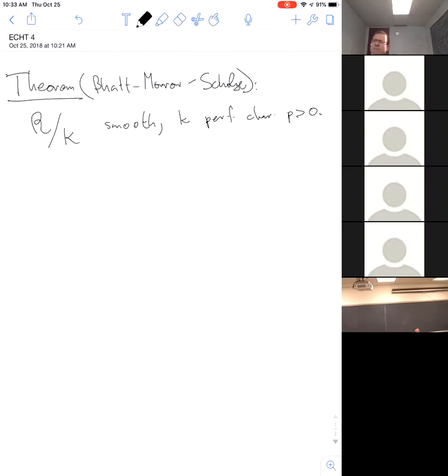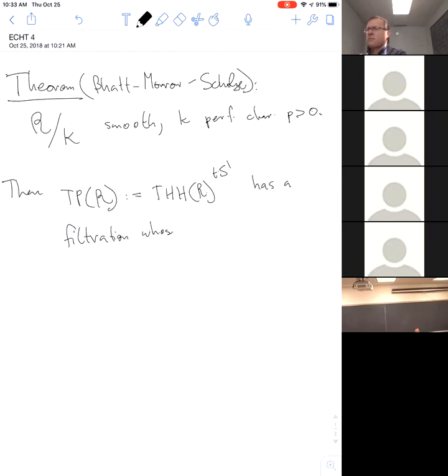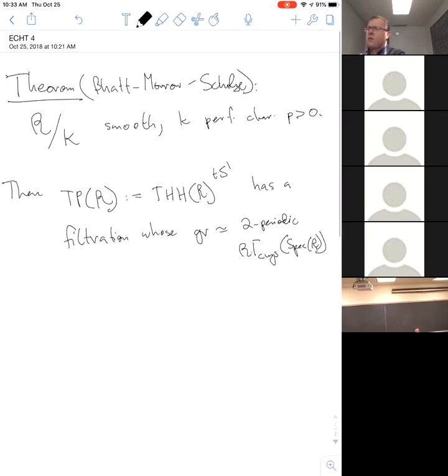Then the statement is that this construction TP of R, defined to be the S1 Tate construction of THH of R, has a filtration whose associated graded is the periodized crystalline homology of the ring. So let's recall also the crystalline homology, this is a theory,